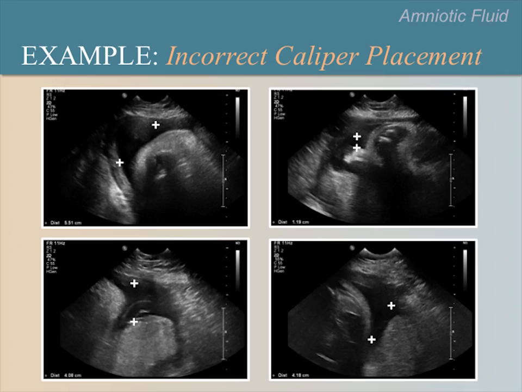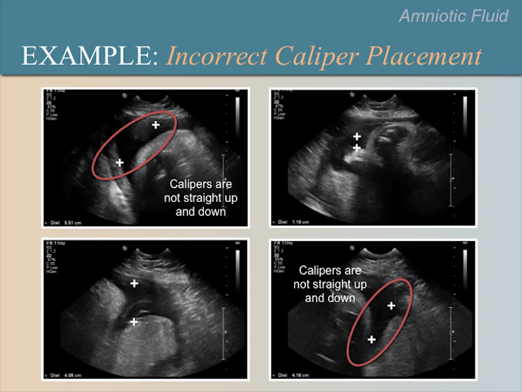In the upper left and lower right images, the calipers are not straight up and down from each other. In the lower left image, there is umbilical cord in the vertical path connecting the 2 calipers. Remember that neither umbilical cord nor fetal parts can be in the path of the calipers. In the upper right image, the top caliper was placed too low, which means that the measurement for this pocket